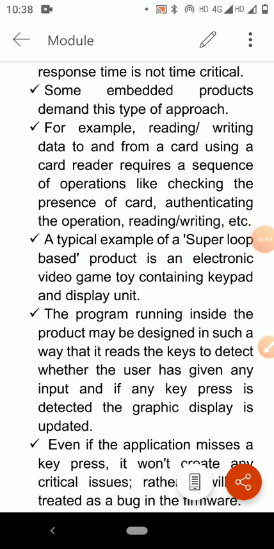The major drawback of this approach is that any failure in any part of a single task will affect the total system. If the program hangs up at some point while executing a task, it will remain there forever and ultimately the product stops functioning. Another major drawback of the super loop design approach is the lack of real timeliness. If the number of tasks to be executed within an application increases, the time at which each task is repeated also increases. This brings the probability of missing out some events.